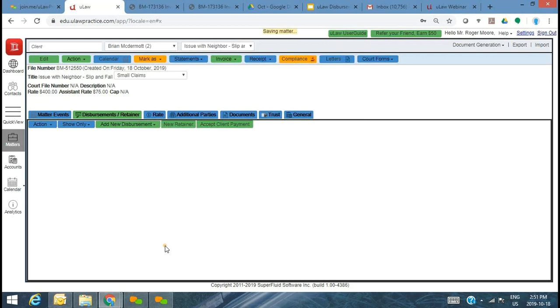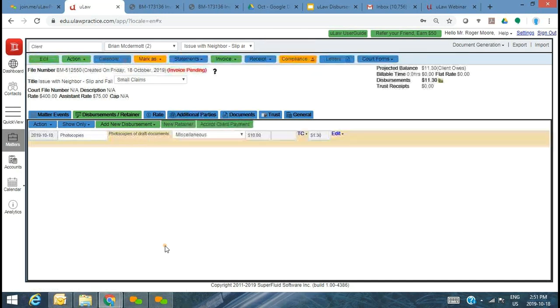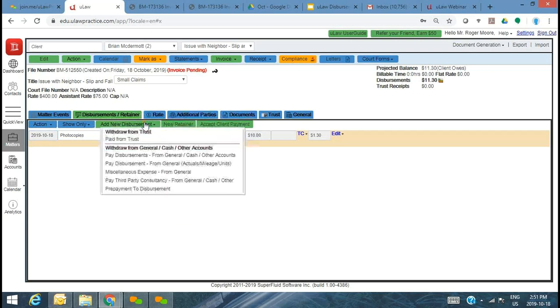Okay. Now let's take another example where you had to fax certain documents on behalf of this particular client as a disbursement. And it so happened that the fax machine in your office broke down and you had to travel to the closest Walmart or Staples center to actually fax the information. So how would you go about showcasing that, right?